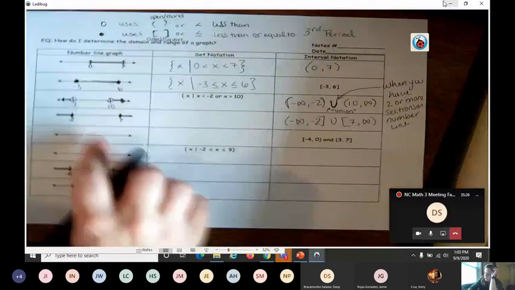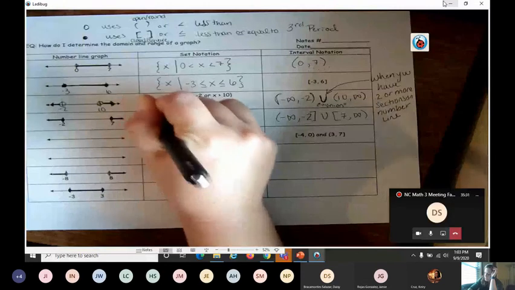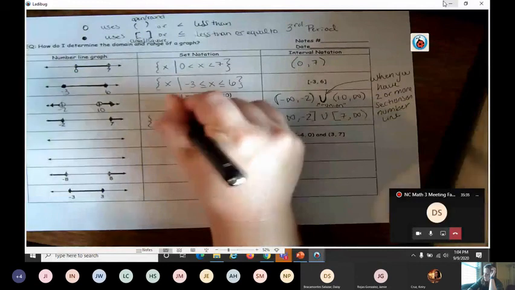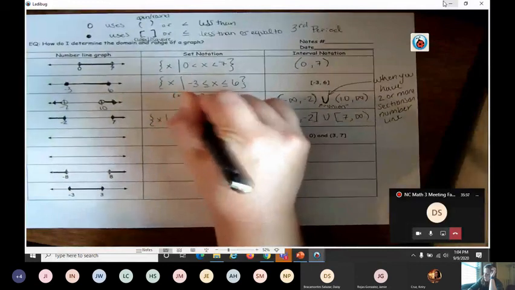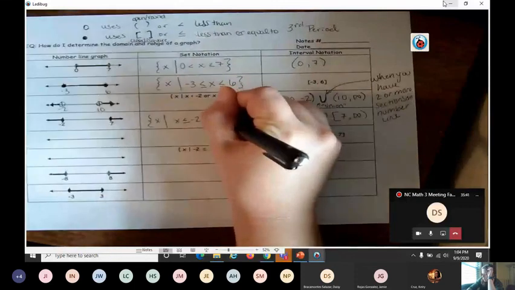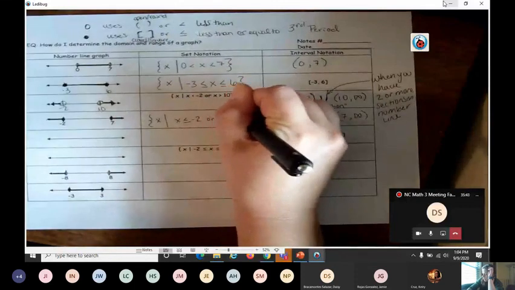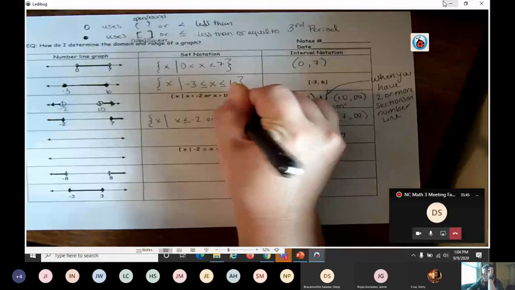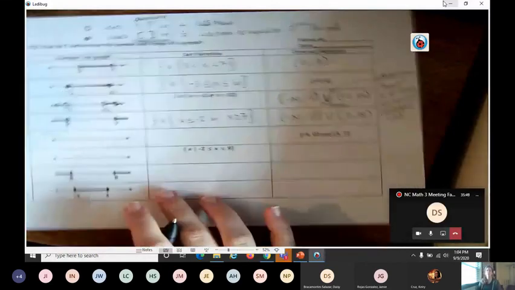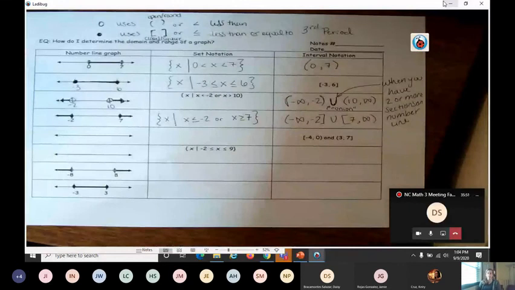And for our set notation, we would say X is such that X is less than or equal to -2, or X is greater than or equal to +7. And then close our brace. Okay, what questions do you guys have about that? Okay, so we're going to stop there for a